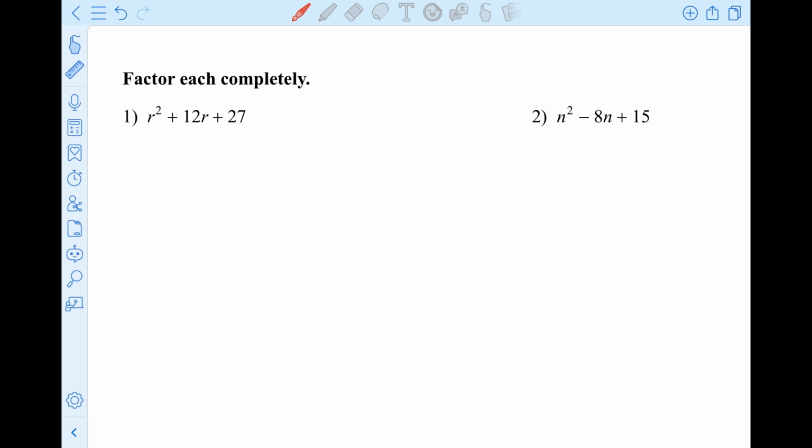Okay, so let's look at this one. A is equal to 1, right? This is R, but it's the coefficient of the variable squared term. Okay, B is equal to 12, C is equal to 27. Okay, so the steps are, one way in which people do it is they draw a little X and they say